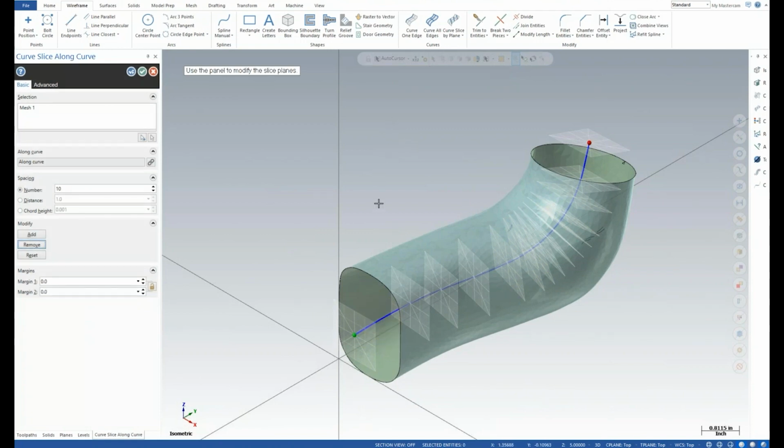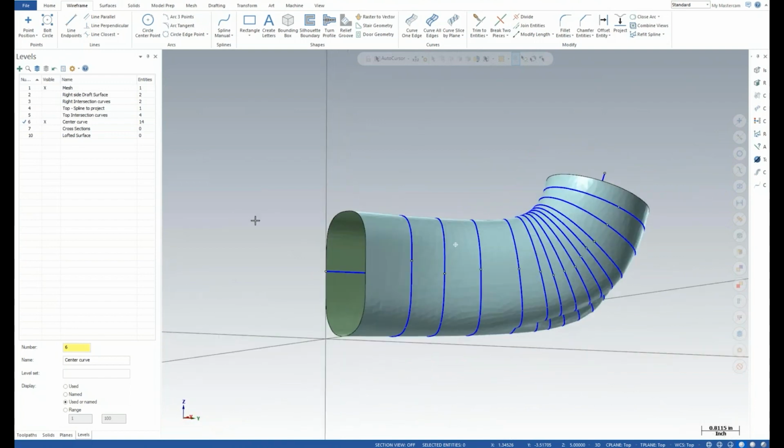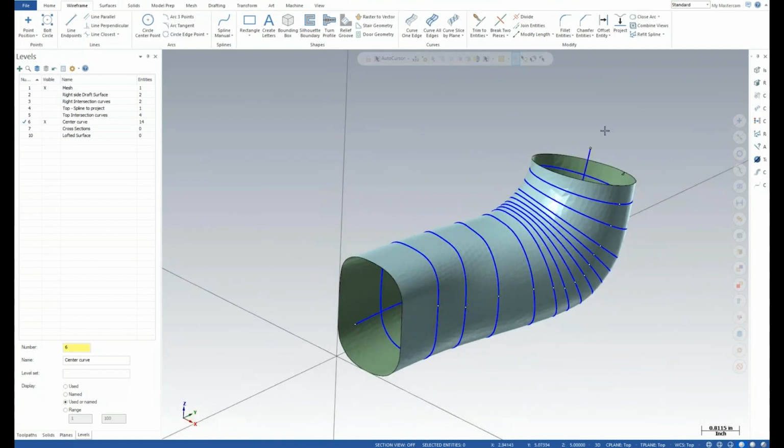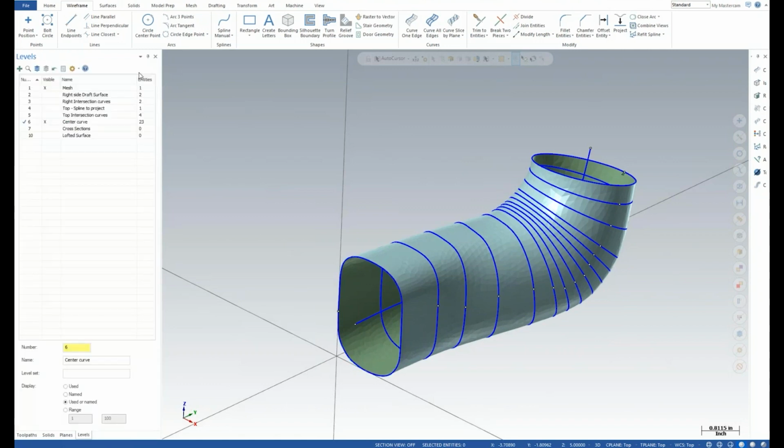So I can add and remove slices as needed. And if I ever want to reset back to my original 10, I just hit reset. Then we have the margin controls here as well. When I'm done, I'm just going to check here. Yeah, I like that setting, and we're just going to say okay. What we've done is create all of those cross sections through that mesh, driven along our along curve. Now to get ready for the next step, I'm going to put a cap here on the ends, an edge curve.